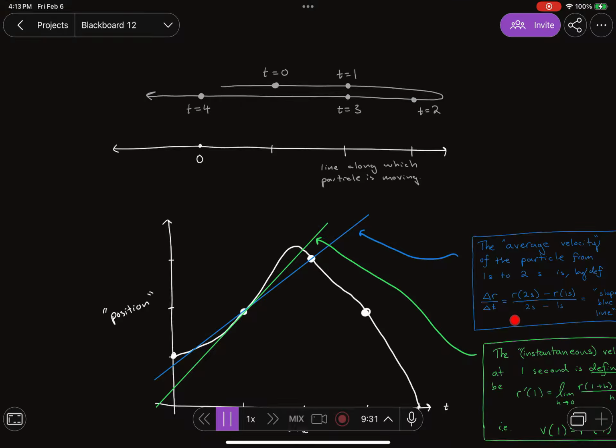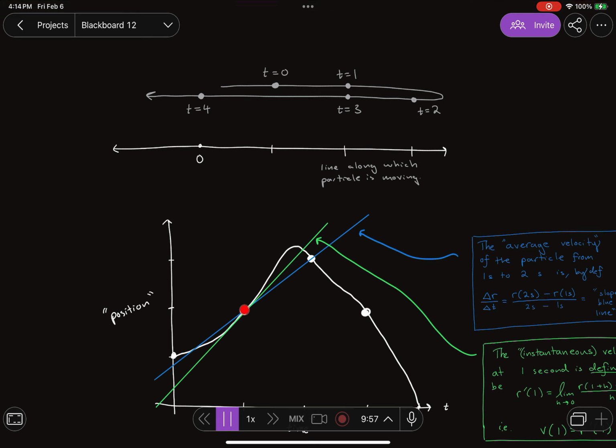But that's not very accurate for how fast the particle was going at this moment. So we just measured how long this part took, pretty much. We want to know how fast the particle is going right at this moment. So what we do is we just computed the slope of the secant line. To make it more accurate, we push this bead to go back along the position curve and force it to